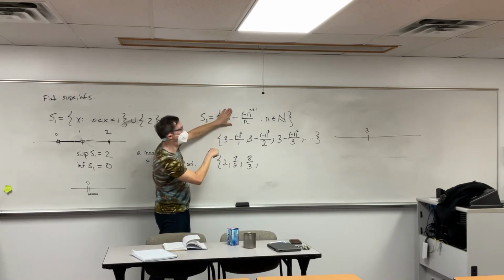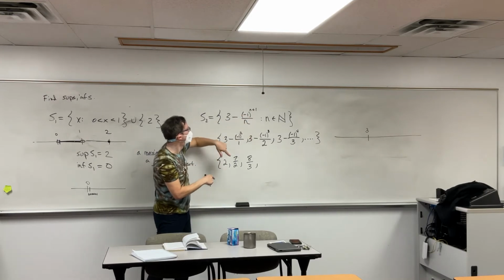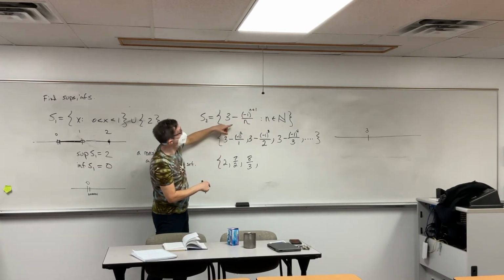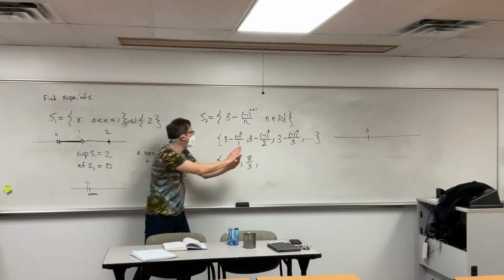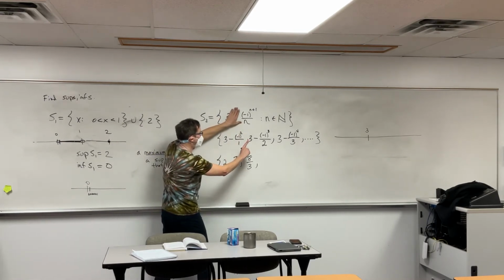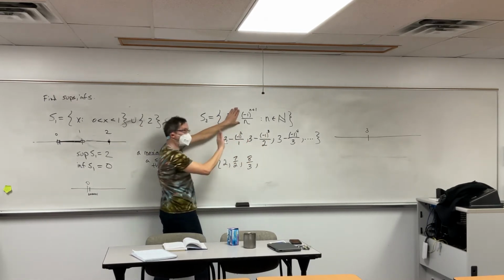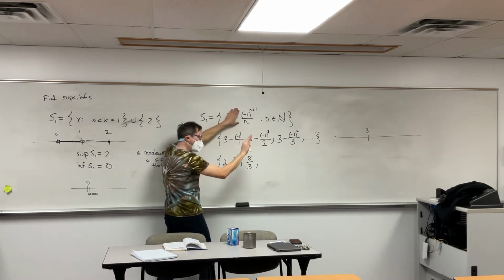We could actually change that definition. We could have put a plus here and knock that power down by 1. But I was apparently trying to be clever or tricky. So we take 3 and then we move 1 unit to the left, and then we move a half unit to the right, then a 1/3 to the left, then a 1/4 to the right. And so we're seesawing back and forth,